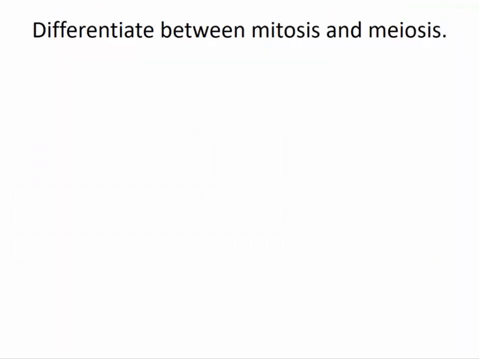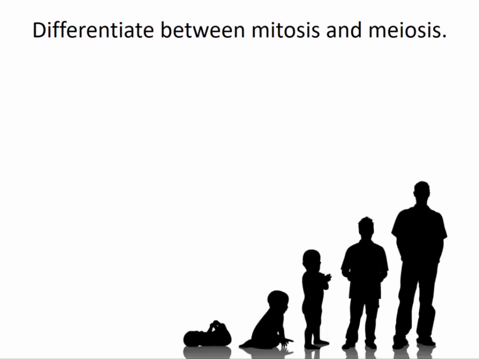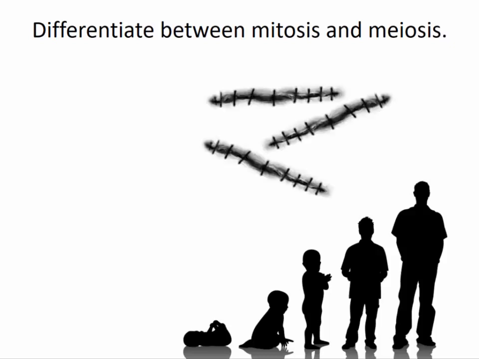Let's differentiate between mitosis and meiosis. Mitosis is the process by which cells divide to form 2 identical daughter cells. It's involved in processes like growth. We all start off as one cell formed by mother and father, and then we develop into adults where we're somewhere around 40 trillion cells. How we got there is that we had mitotic division or mitosis of the initial cell over and over and over as we grew. Mitosis also plays a role in repair.